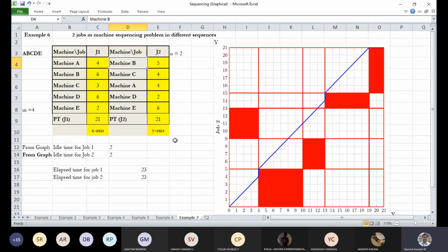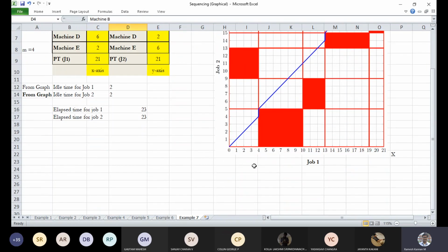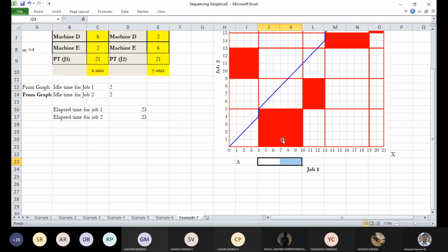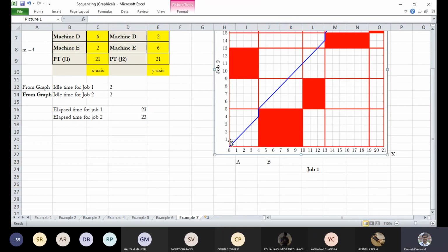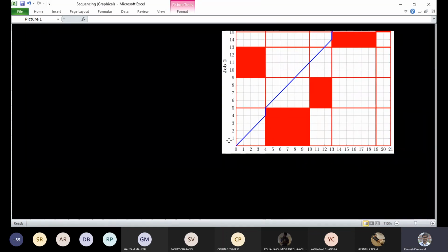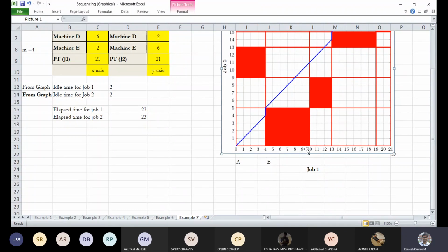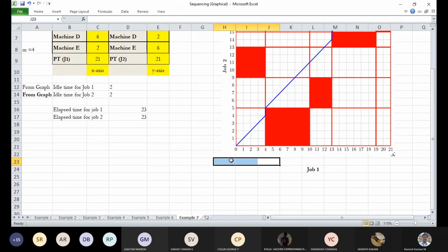So it is mission B. Here, luckily, this particular duration will be A. This will be for B or something like that. Let me fix this to some degree. Yeah, so 0 to A. From here to here, it is A. From here to here, it is B and C and D and E, right? So something like that.